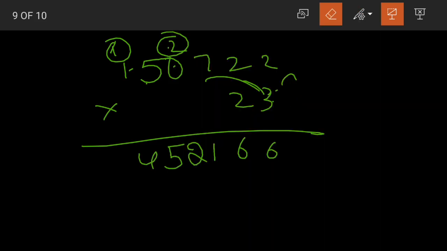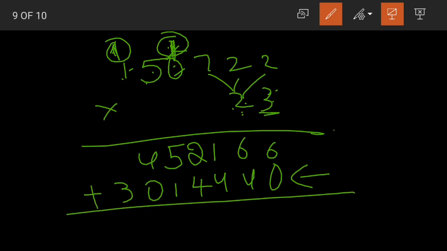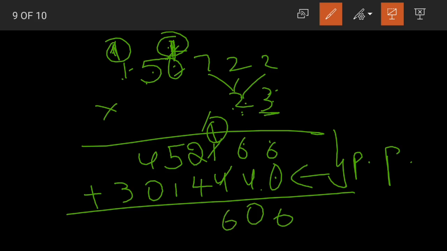Yes, clear? Now coming to the second digit, that is 2. Now a new digit means new line, and then if you remember children, after 2 we are having one digit, so placing 1 0, 2 2s are 4, 2 2s are 4, 2 7s are 14, 4 here 1 carried, 2 zeros are 0 plus 1, 2 5s are 10, 0 here 1 carried, 2 1s are 2 plus 1 becomes 3. Now what to do? We need to add these two partial products. 6 plus 0 is 6, 6 plus 4 is 10, 1 carried, 1 plus 1 is 2, 2 plus 4 is 6, again 2 plus 4 is 6, 5 plus 1 is 6, 4 plus 0 is 4 and 3.